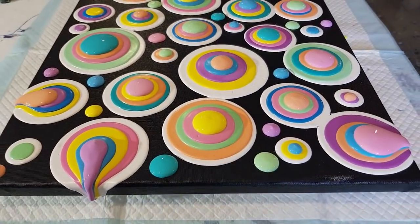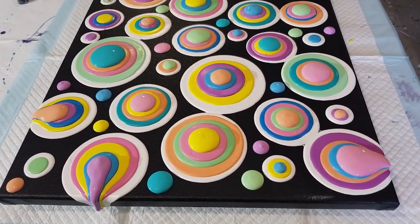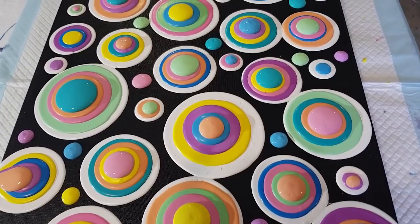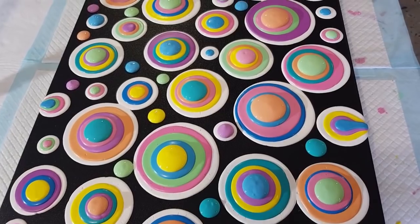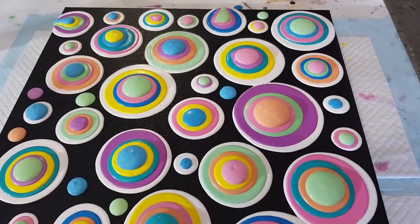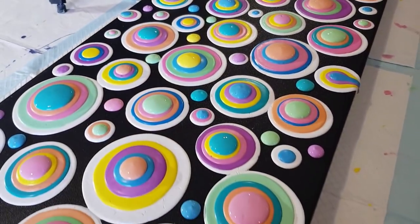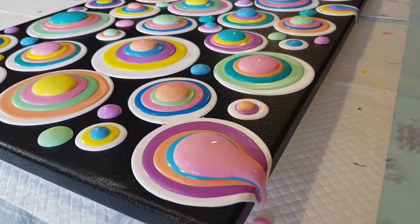I'm going to hang this one up somewhere. Might varnish it too. I don't know that I'll resin it. I'll probably just use my pouring medium that I usually use for varnishing, because it's big and it's going to take a lot of resin, and you know, it's on a canvas. And not that I've used resin very much, but what I've heard from others is that resin can crack and pull away from the sides if it's on a canvas. So I'll just pour some of my pouring medium over it,